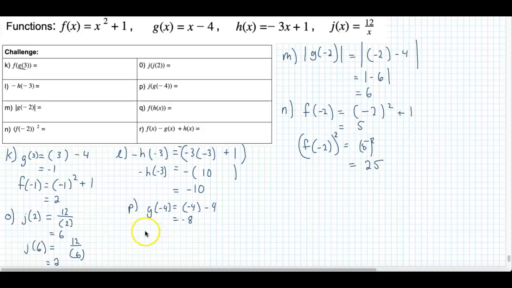So j of negative 8, because g is j of g of negative 4. G of negative 4 is 8, so that's j of negative 8. Right, we already did that work. And j of x,